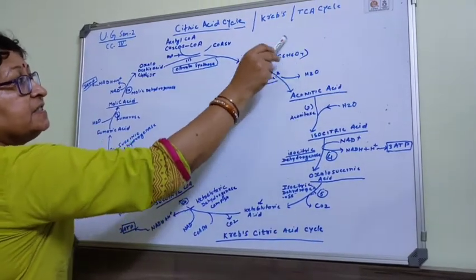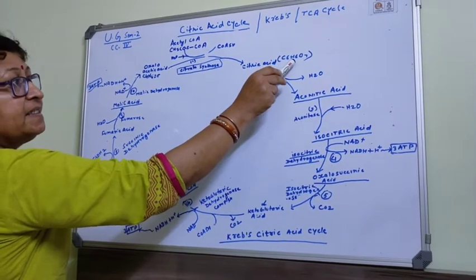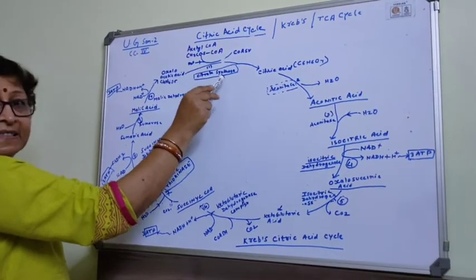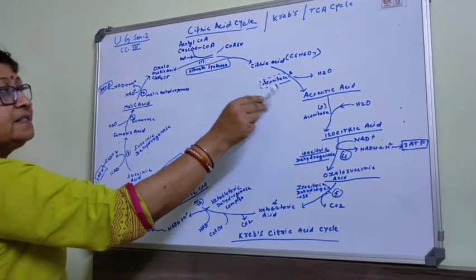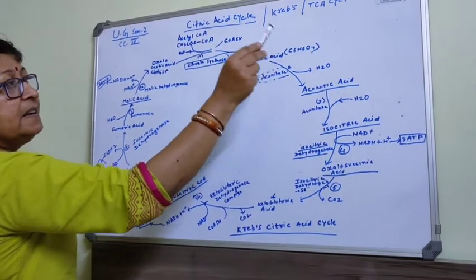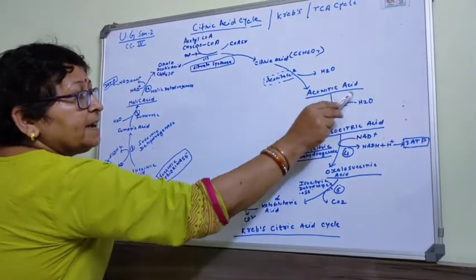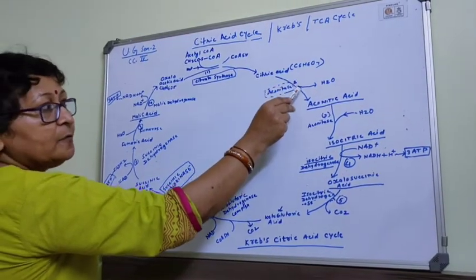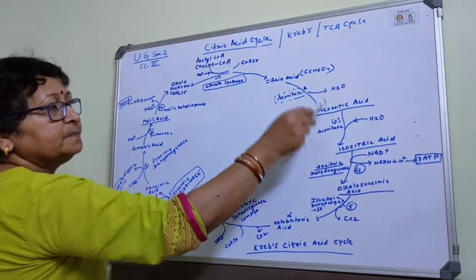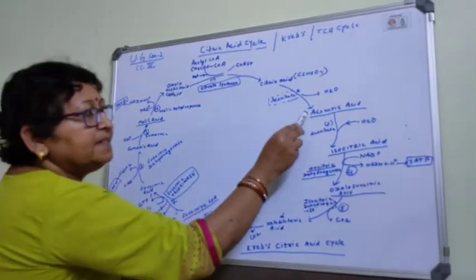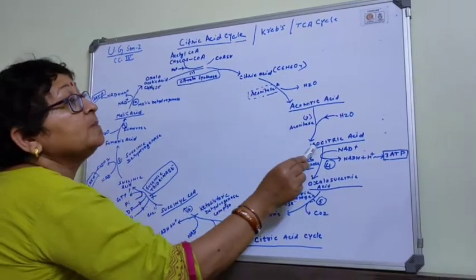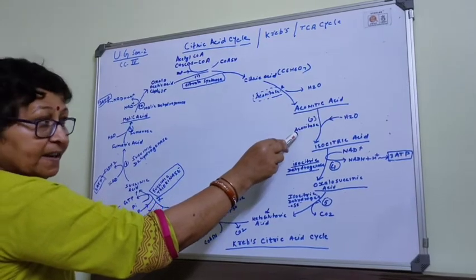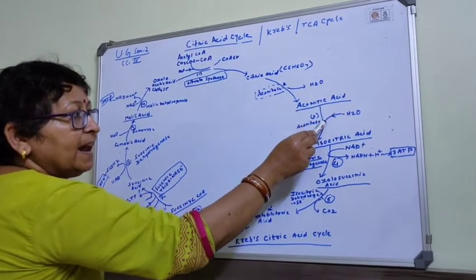It has a six carbon compound, C6H6O7, in presence of the enzyme citrate synthetase. In the next step, this citric acid is converted into aconitic acid in presence of the enzyme aconitase, and one molecule of water is released. In the next step, this aconitic acid forms isocitric acid in presence of the enzyme aconitase and by utilizing a